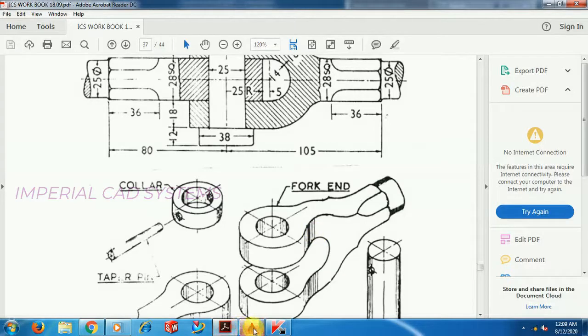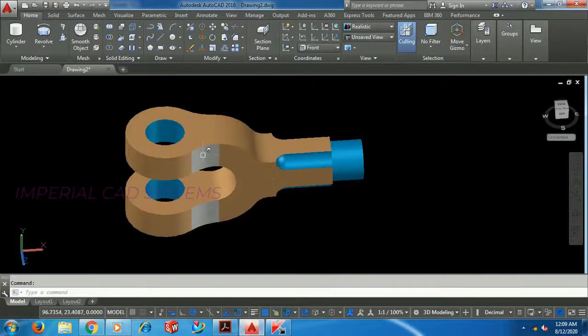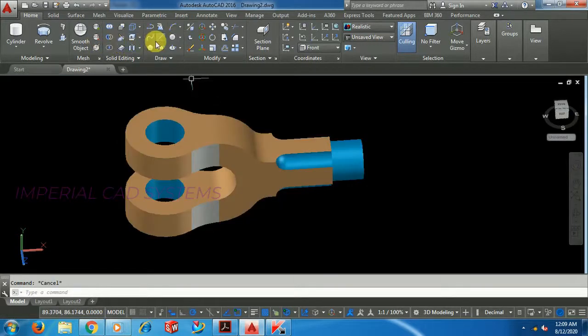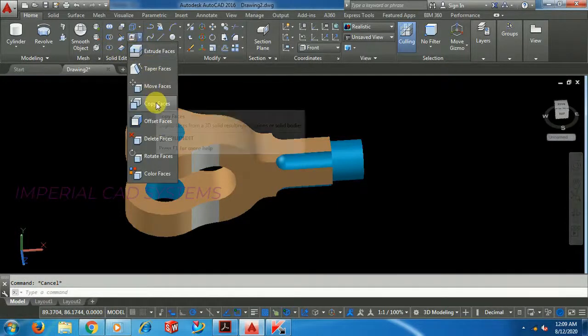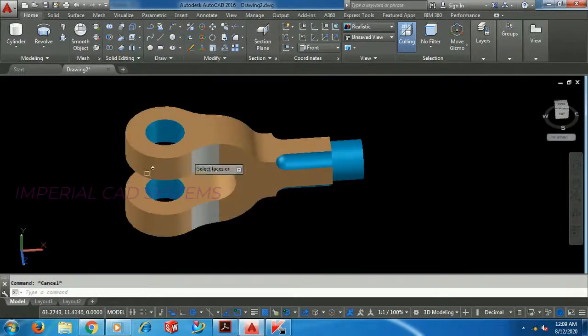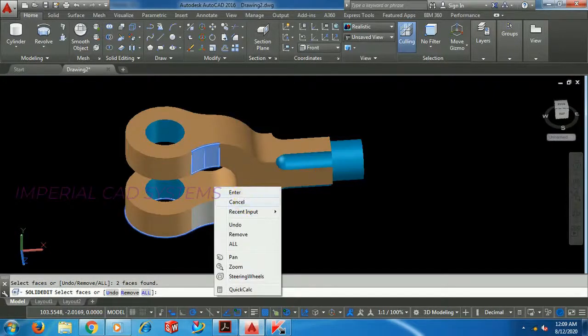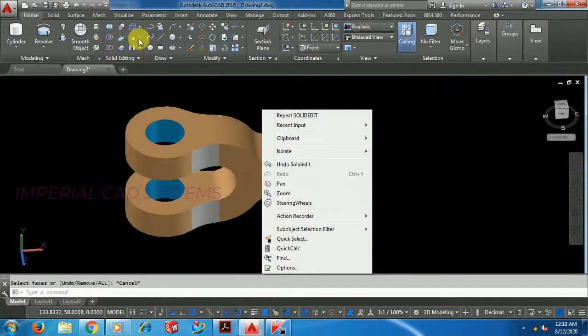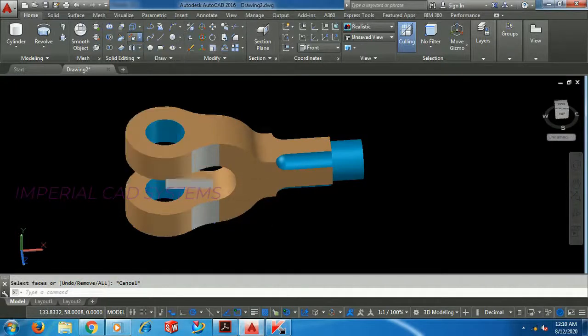You can apply color to the face also. For this face, here we can apply color faces, only we have to select that one, turn the other side.